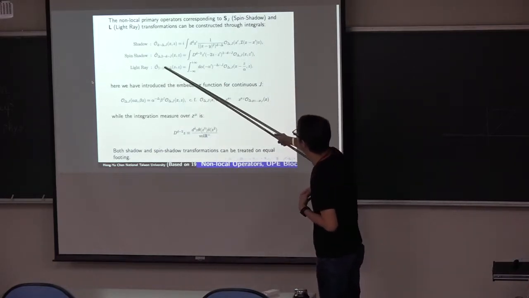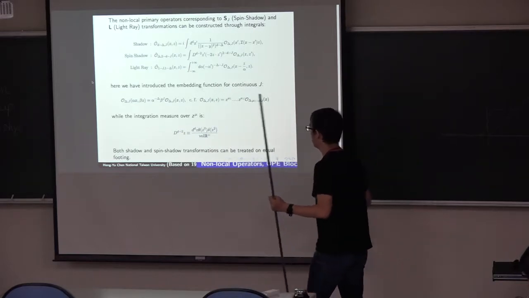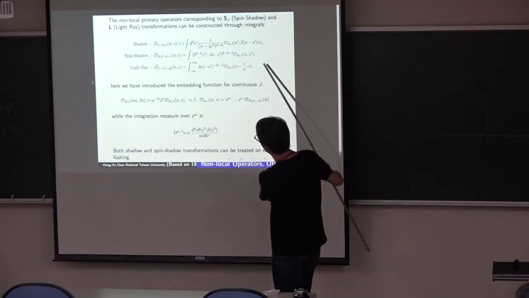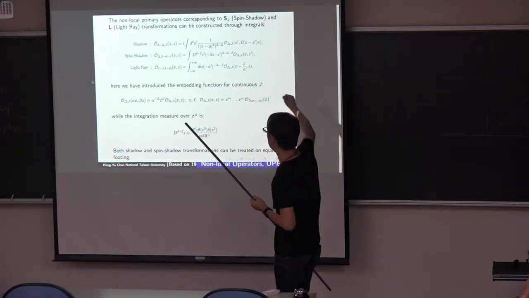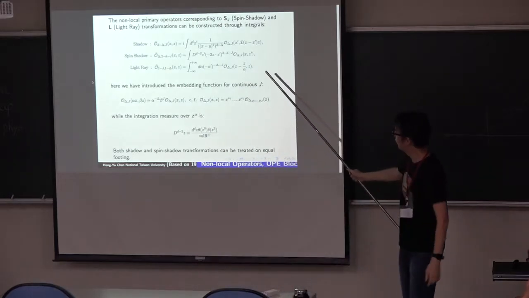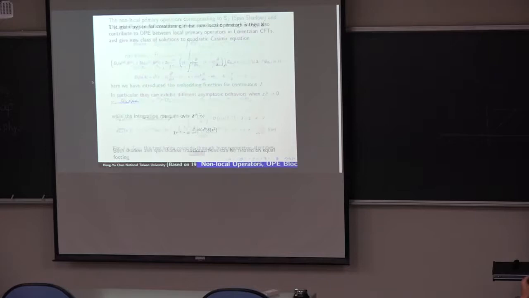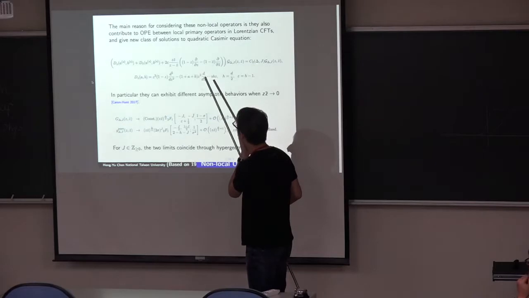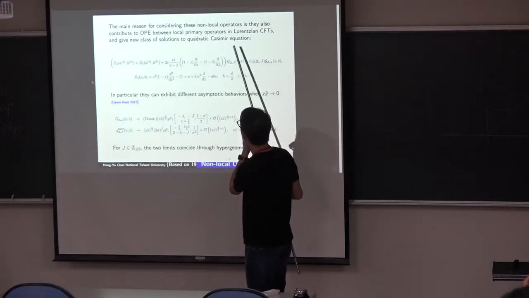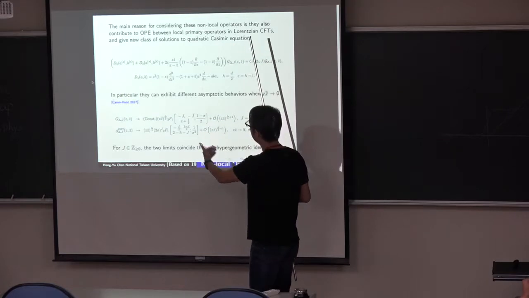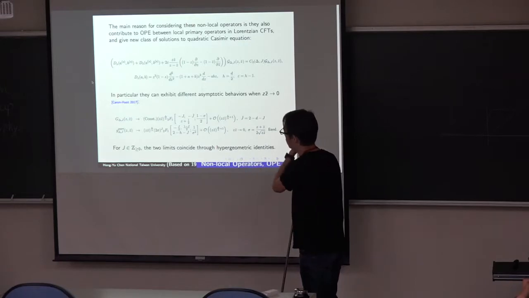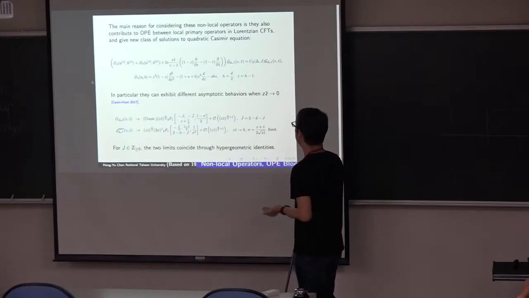And the final one is this light-ray operator, which also became popular when people were thinking about, usually, the popular one here, putting the energy-momentum tensor spin over the line direction. So that's how we can realize this. This is what I was mentioning earlier: one of the main reasons we care about those is that these different kinds of operators also contribute to the OPE exchange between the two scalar primary operators, and they exhibit very different